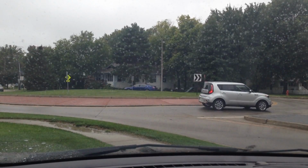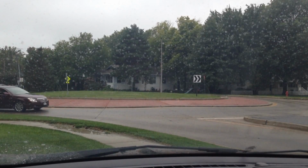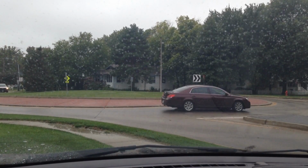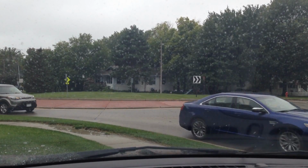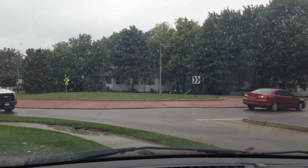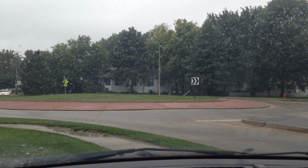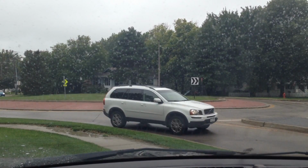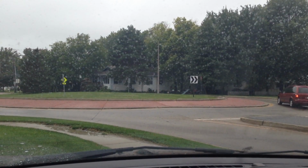Now, one thing to keep in mind when you're going through the roundabout, there's always a yield sign at every entrance point, right? You want to slow down and yield to the traffic that's already in the intersection. People in the roundabout have the right of way. You also want to try to stay in the lane that you're in. Now, this is a single lane roundabout, but sometimes there are multiple lane roundabouts, and you don't want to